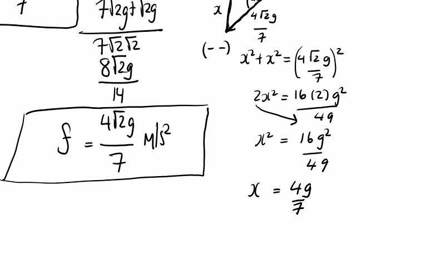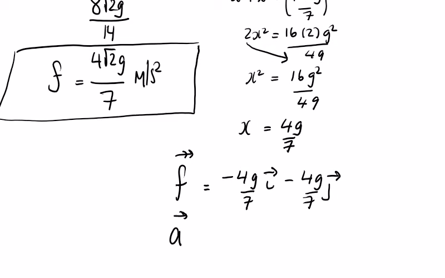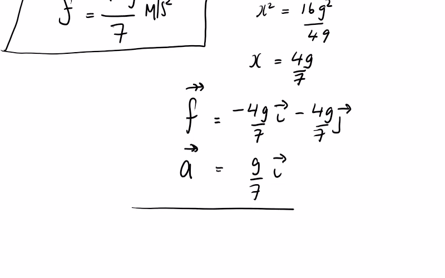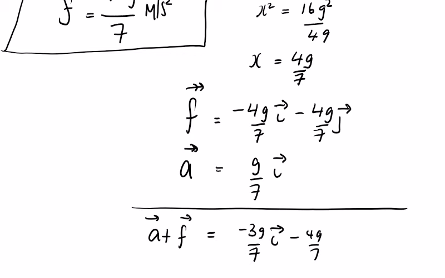So the negative vector is minus 4G over 7 in the I direction, minus 4G over 7 in the J direction, and that's the vector F. The acceleration of F is equal to that. A is just in the positive, G over 7 in the I direction. We're asked to add A plus F together. A plus F is equal to minus 3G over 7 in the I direction, minus 4G over 7 in the J